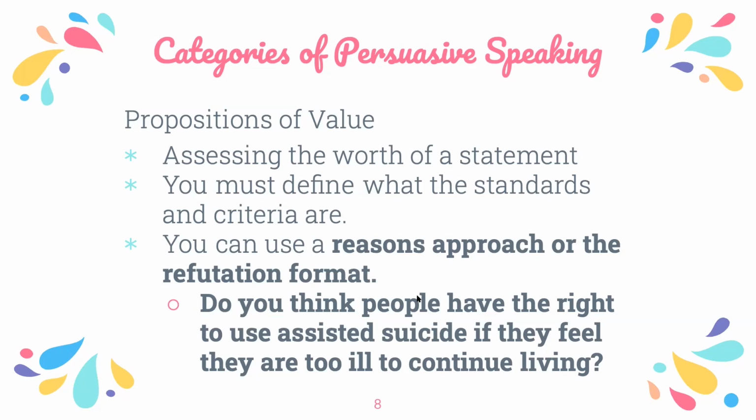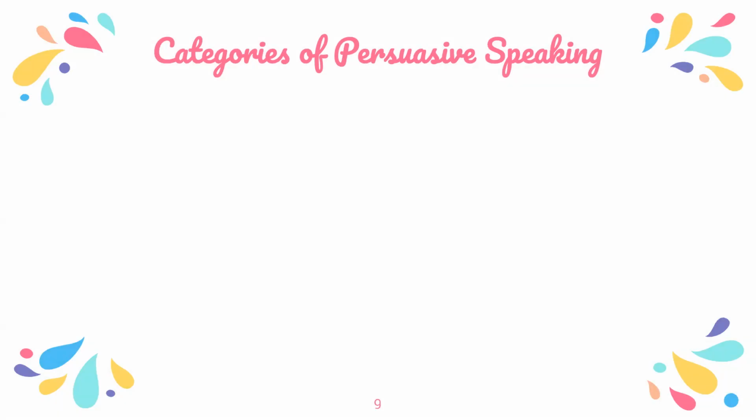So that's why the proposition of fact and the proposition of value are two that we're not going to be doing in this class, just because it's really hard. It requires a lot of work. So the one that we're going to be focusing on is the proposition of policy. It's still difficult to convince somebody of a proposition of policy, but it is easier to organize, and it can be done within the time frame that we have in this class.